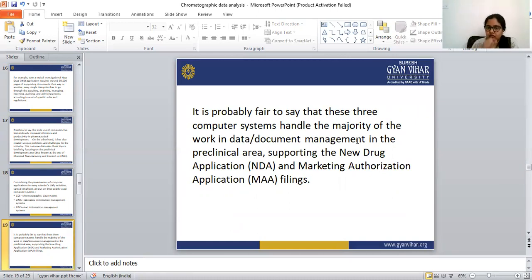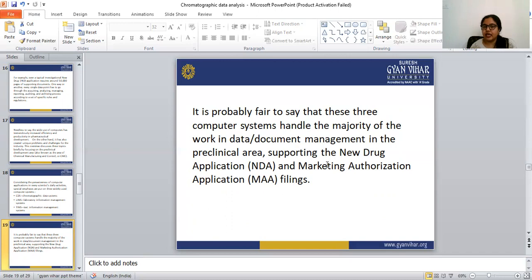They support the new drug application, NDA, and the marketing authorization application filings.